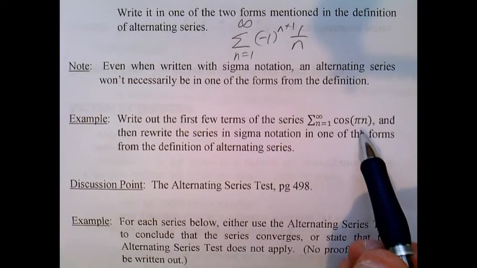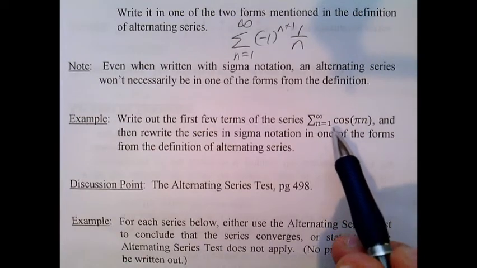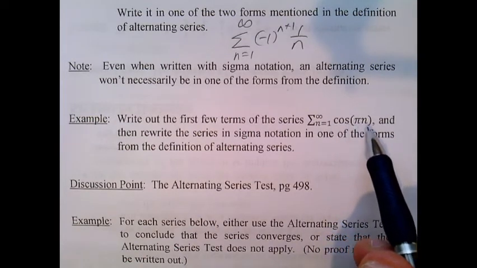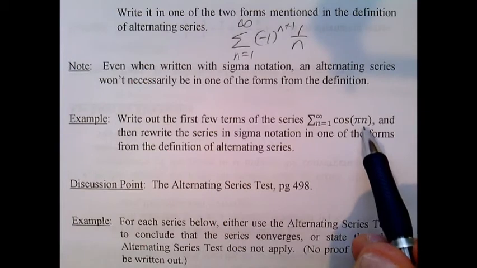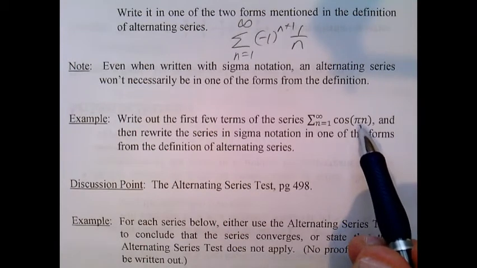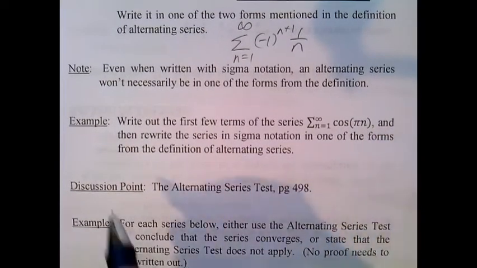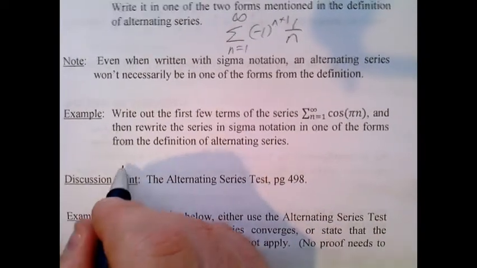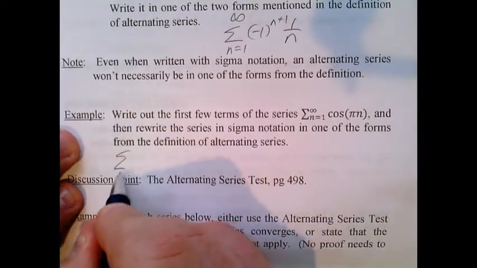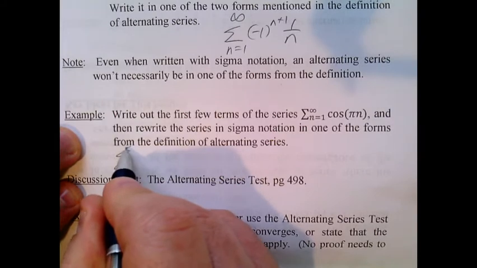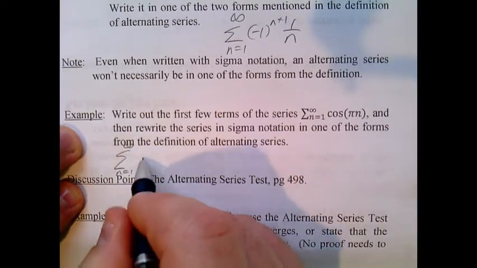If we think about this series where the nth term is cosine of pi times n, when n is 1, my first term is just cosine of pi, and you might remember from trigonometry that cosine of pi is negative 1. So, when I write this series out, the sum from n equals 1 to infinity of